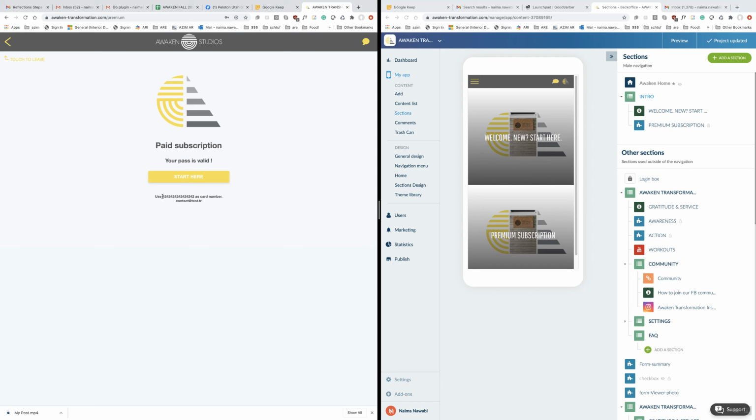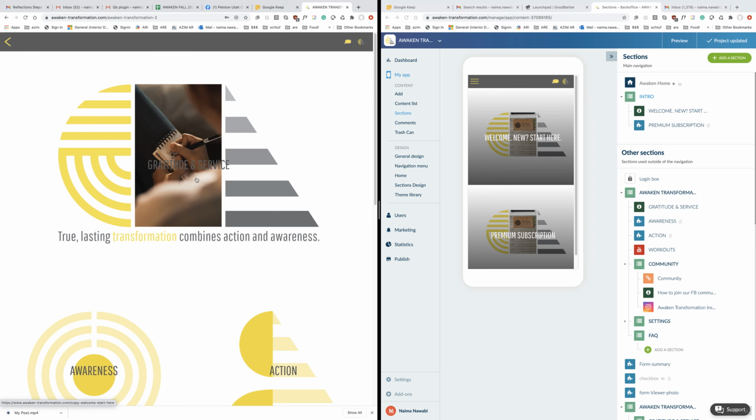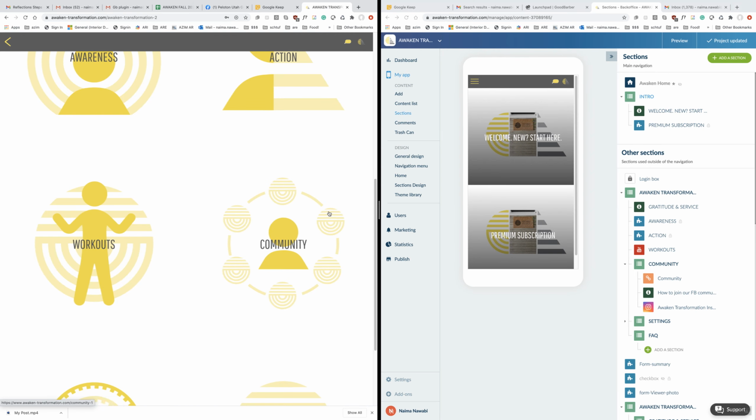is when you log in, use this as the credit card number. It'll ask you for the credit card number, a zip code, and an expiration date. The only thing that truly matters is this 4242 is the credit card number. You can put in the studio's zip code, which I believe is 84121. Just throw in a few numbers for the, I think it's the CV code. So just 123321. And then after that, you should be able to hit start here and get into our Awaken